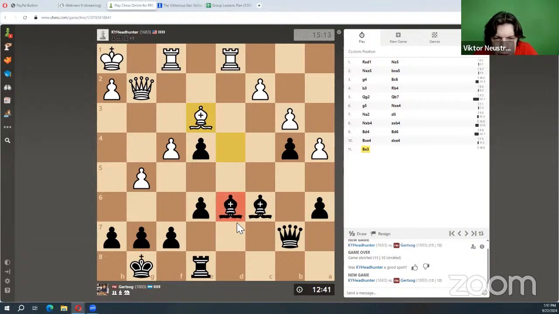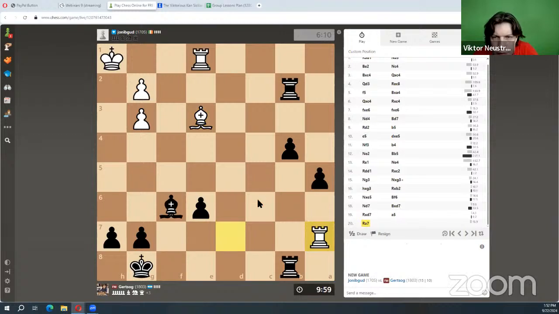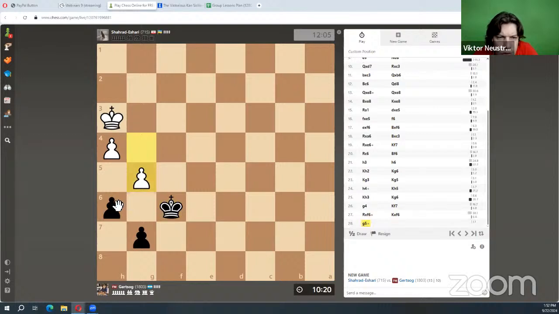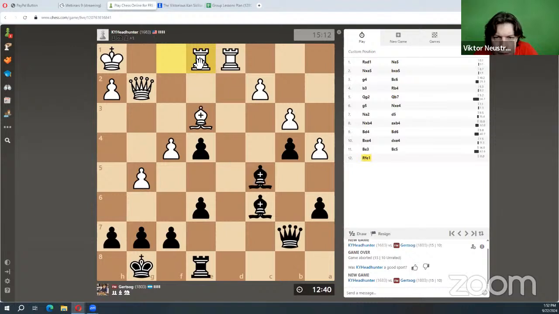And the bishop is hanging. Okay, let's move the bishop with the tempo. Rook a7, rook a2. Here I take with the king. This should be a draw. No, this can be a win. So this move, if I exchange,